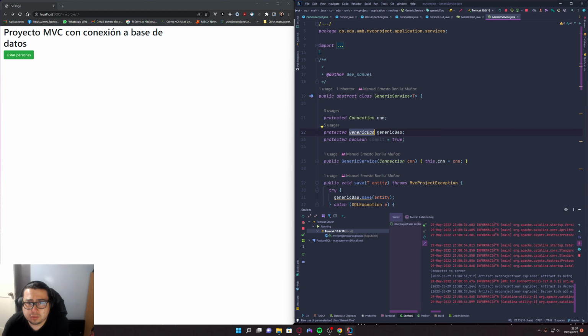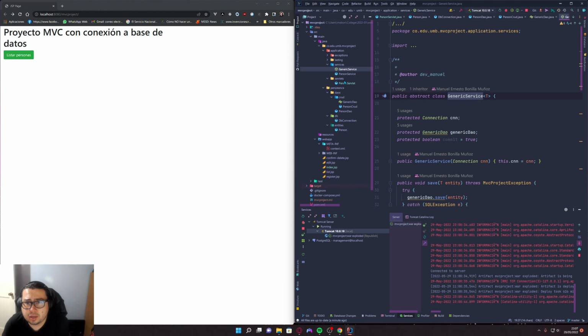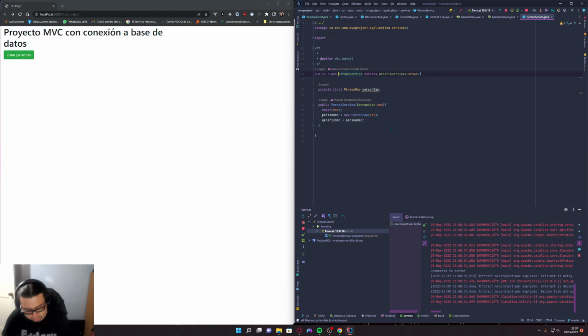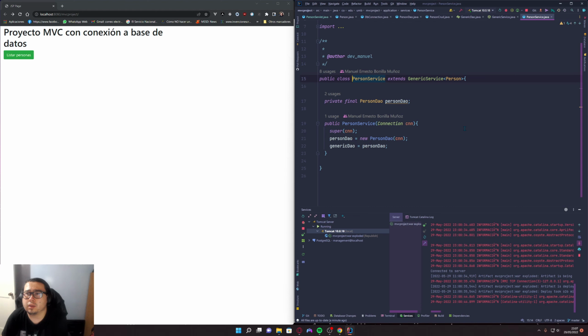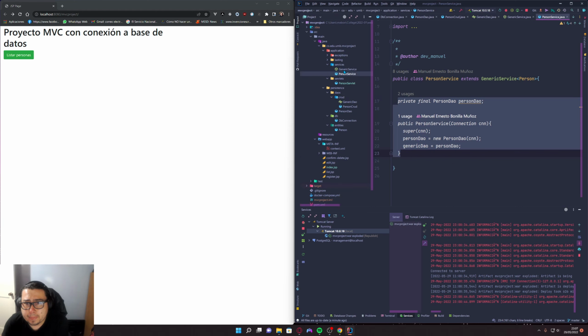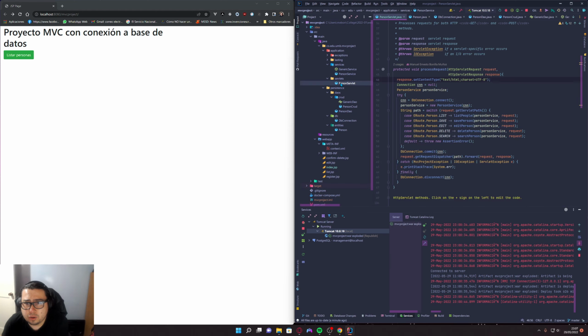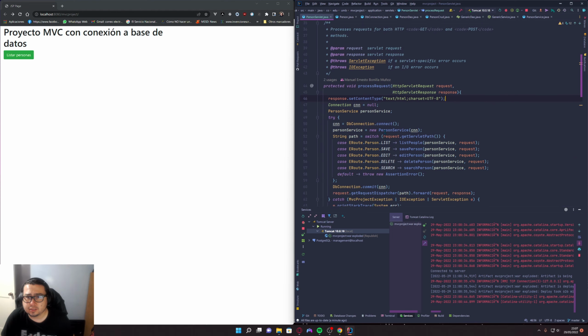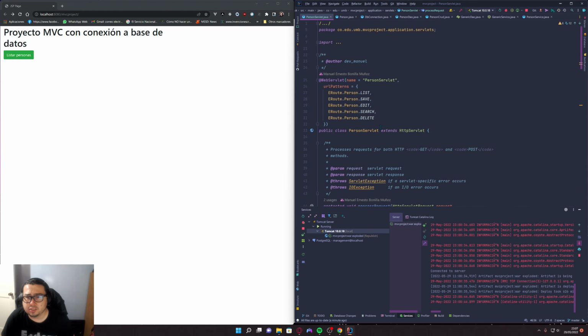Okay, and this class, sorry, has an implementation of the person table, but all the functions are by inheritance, and finally loaded and consumed by the person servlet. Remember, this is a web application,